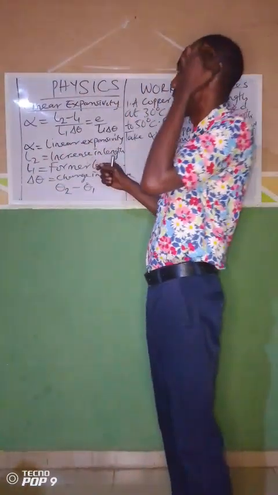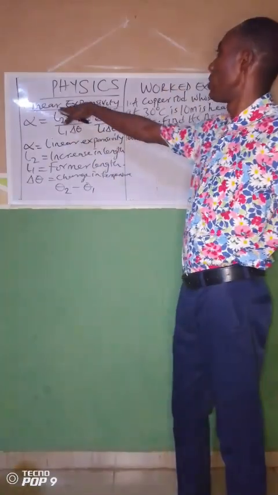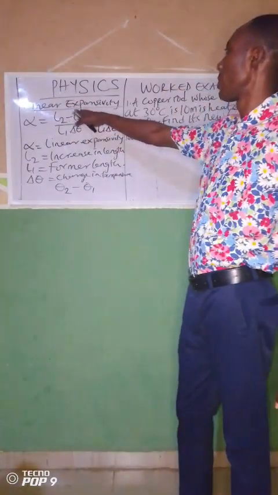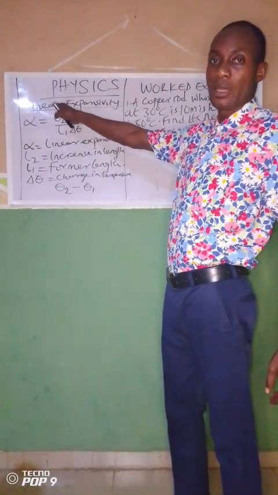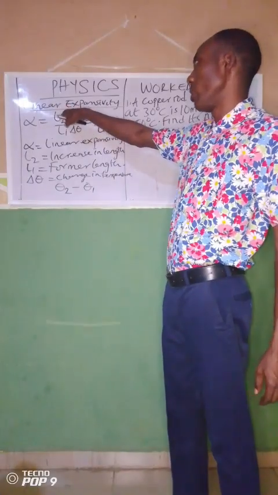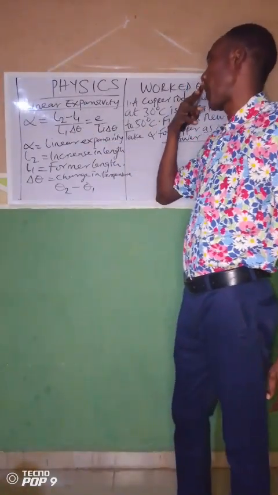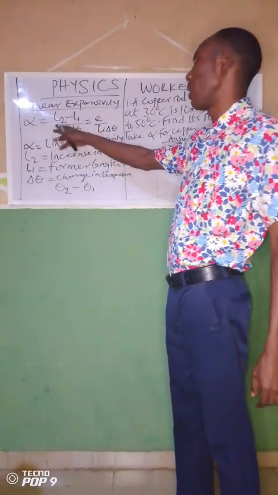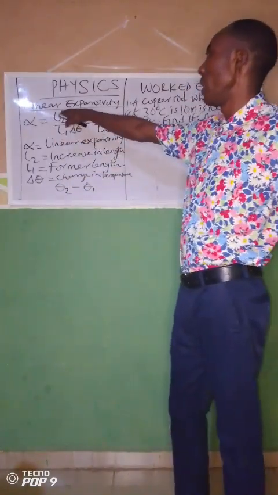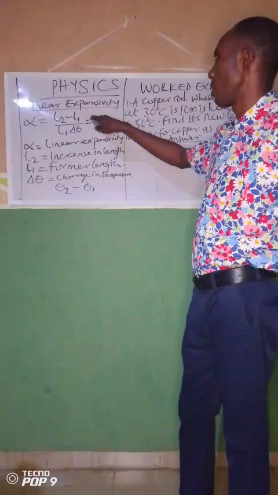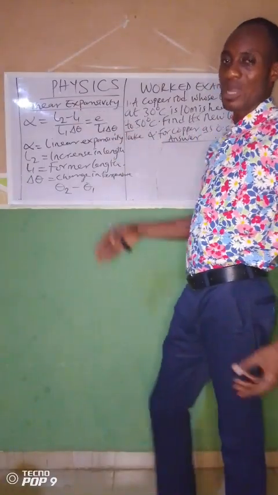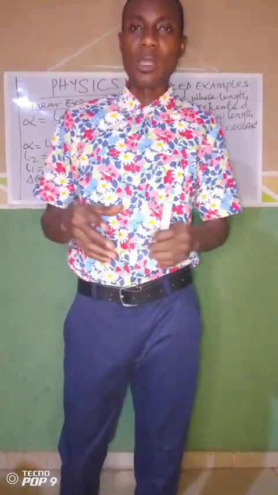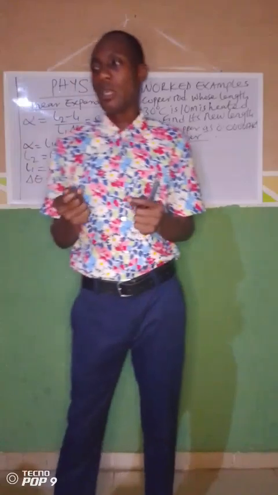Today we are looking at the subject physics, year 10 and year 11. Year 10 topic, and there are also WAEC and NECO related topics. Linear expansivity. When we talk about linear expansivity, we are talking about when you see a material, let's say for instance a material like this,